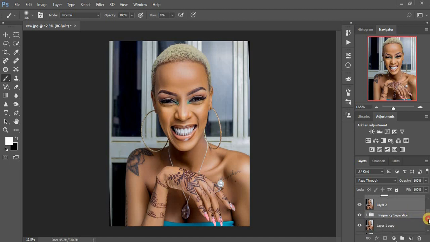I'm going to group everything right here by selecting and pressing Ctrl G. So I show you guys how far we have come. So this is before everything and after. You guys can see the magic. Before,